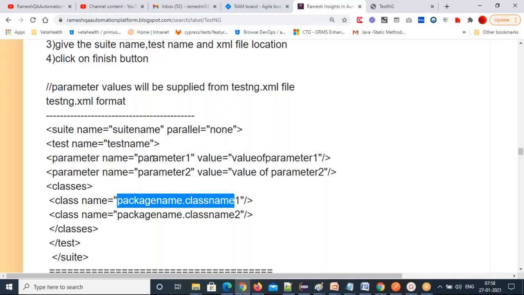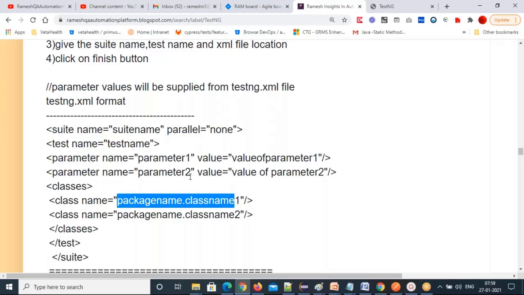How can you hide it? Take the @Parameters annotation, declare your parameters. You are not giving the data there, you give it in the XML file. That's one way to hide the data. Another way is you can store the data in a properties file and read from there. That's the second way. But we have a nice one in TestNG, right? You can use the @Parameters annotation and read from the XML file.